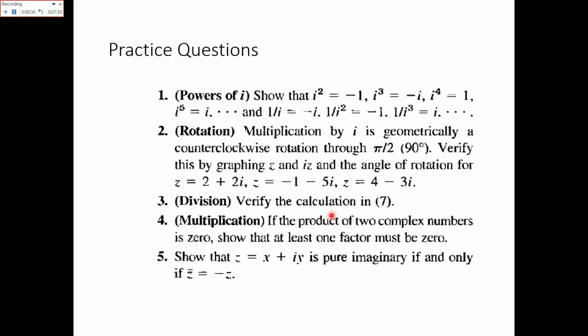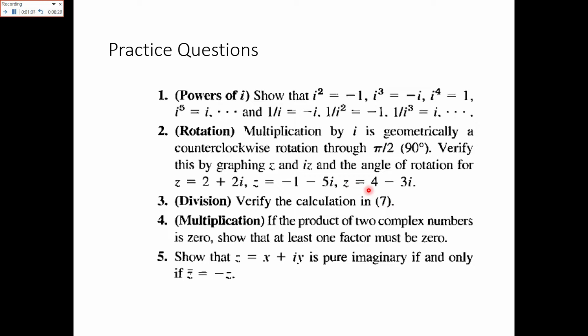So what you will do in this question, first of all, for question 1, z is equal to 2 plus 2 iota, you will sketch this on the real and imaginary plane. Then you will multiply z with iota, so it becomes 2 iota minus 2. So again you will sketch it on an xy plane and you will see that the point has been shifted through 90 degrees. Similarly for these two questions also.